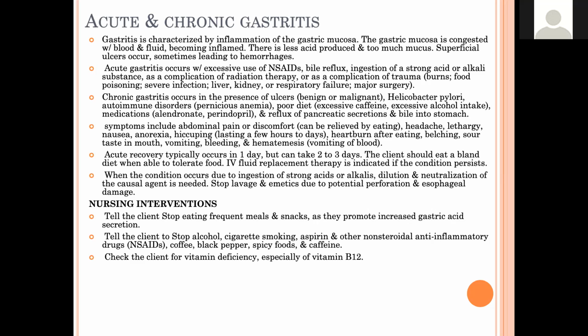Okay. What do we have? We have inflammation of the stomach. That's literally what the word means, right? The gastric lining is congested with blood and fluid and it gets inflamed. There's less acid made and there's too much mucus, and you can get ulcers, and that sometimes leads to bleeding, right? Gastric ulcer. We're going to see, as we did last week, that it can be caused by